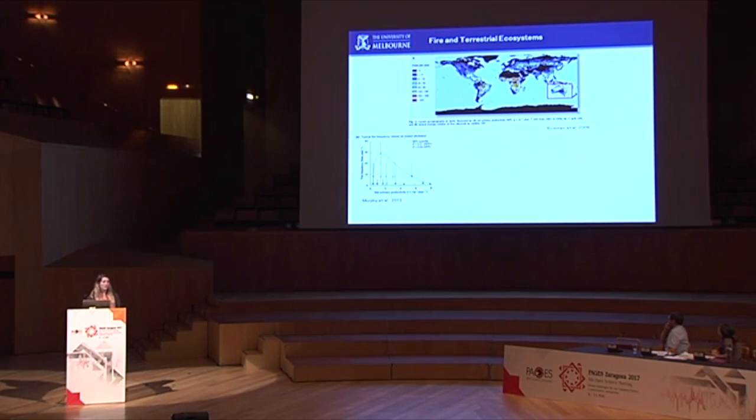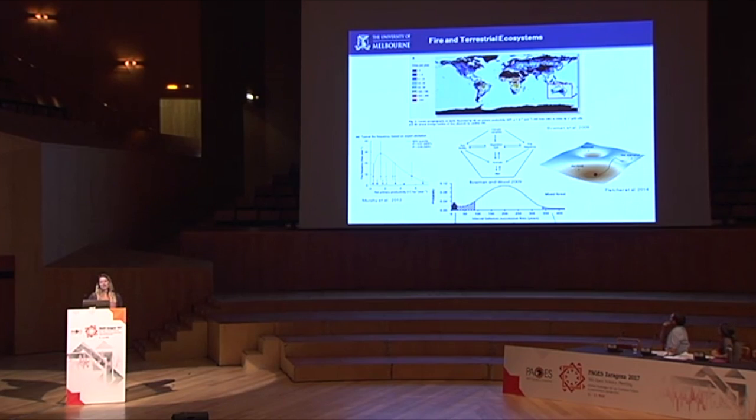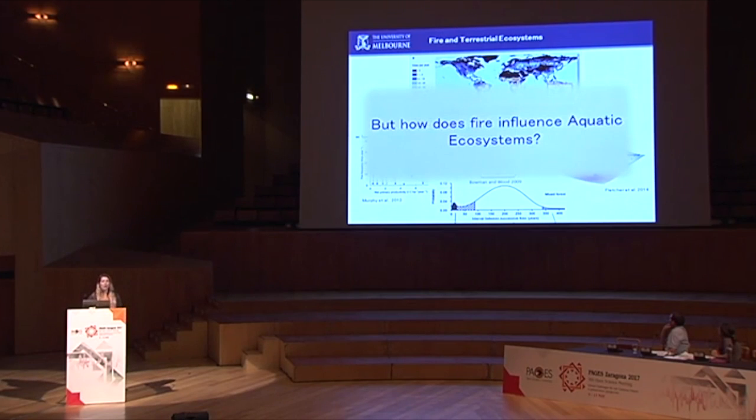And so scientists have been trying to understand these relationships of fire to the terrestrial ecosystem and landscape. So we can see that there are relationships to productivity with fire frequency, as well as trying to better understand the relationship of fire to the ecological relationships to climate, vegetation type, and soil fertility, understanding of fire return interval with certain vegetation biomes, as well as alternative vegetation states depending on fire frequency. However, we don't have a real understanding of how aquatic ecosystems relate to the influences of fire, and that's where